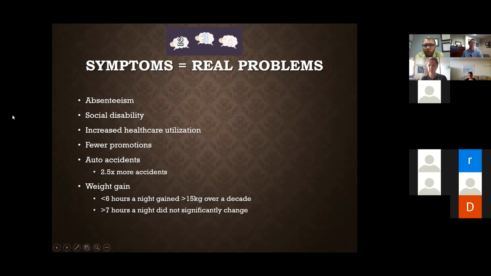So these are all things that start. Not only is it that snake that eats its own tail in this vicious cycle, now we also start introducing secondary problems to the equation. And it becomes a bigger and bigger snowball effect of what this is causing in the world of healthcare.